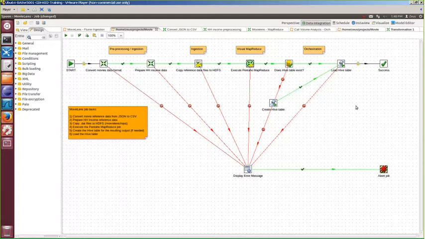Great, thanks, Tim. So what we're looking at here is an orchestration which goes from loading data into Hadoop, processing the data, and then loading up a Hive table for analysis. The first two steps are simply calling out to other transformations that are pre-processing the data, cleaning up that data, and then copying it into Hadoop. The next one is copying some more reference files from the local file system into HDFS. And this just illustrates the ability to speak HDFS, if you will, in a number of different steps in the